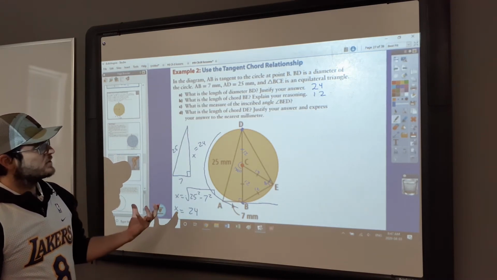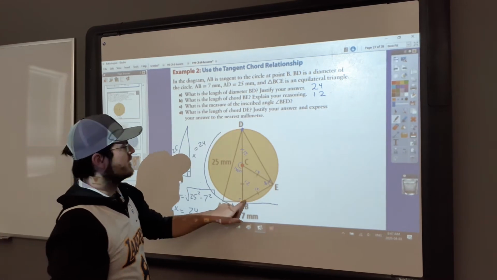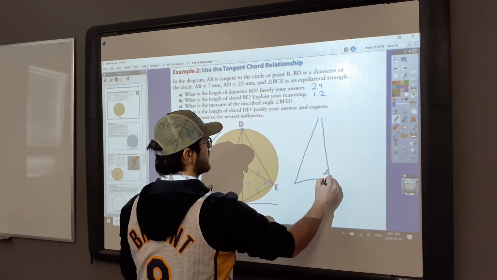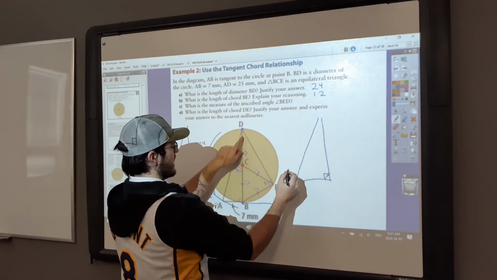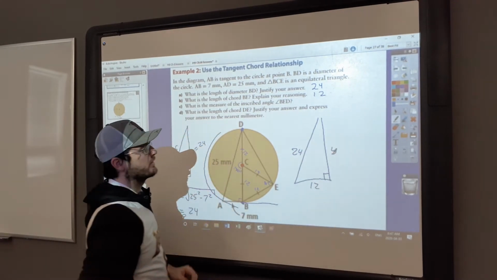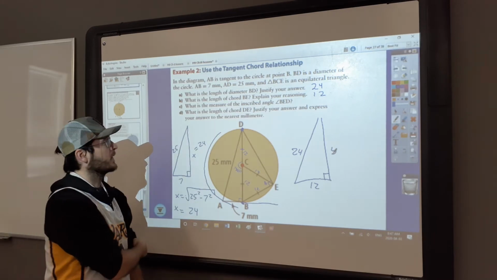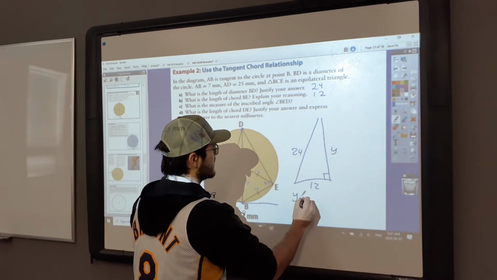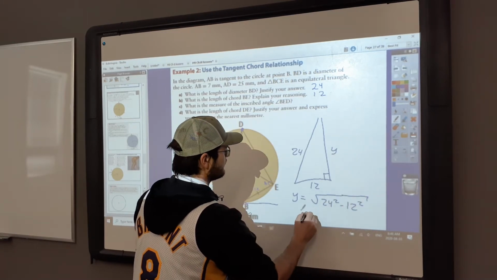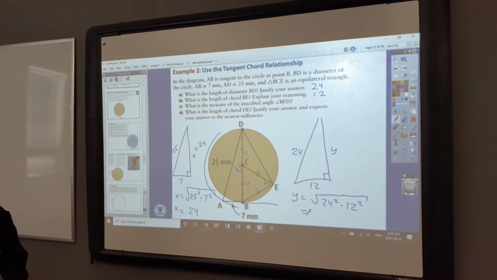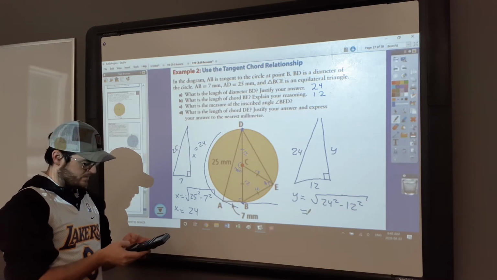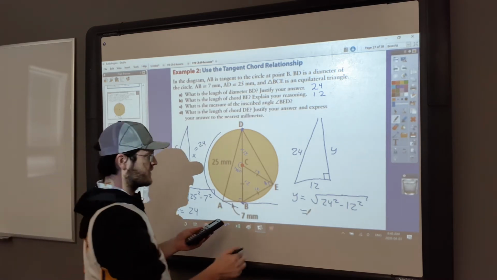Okay? And so because I know that's a 90-degree angle, I can actually create another triangle here. Just take it out, because I like to keep things separate. This side is 24, this side is 12, and so we could actually figure that out using the Pythagorean theorem as well. Okay, that's what we're asked for. So y is equal to the square root of 24 squared minus 12 squared. Okay, if you're careful, you can plug that whole thing in. Square root of 24 squared minus 12 squared. Okay, that gives you